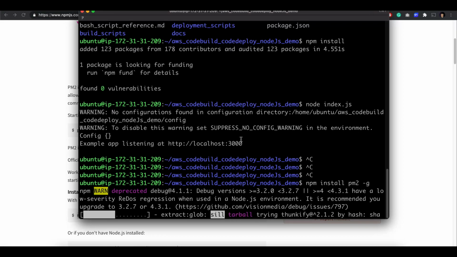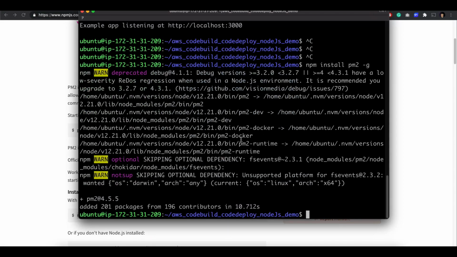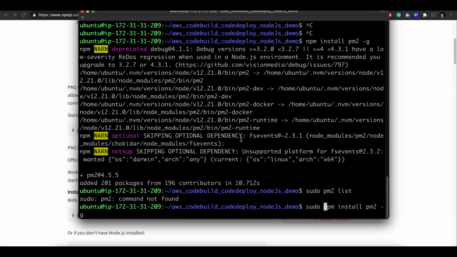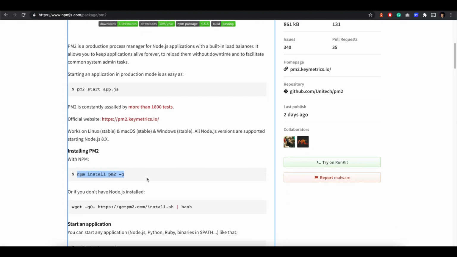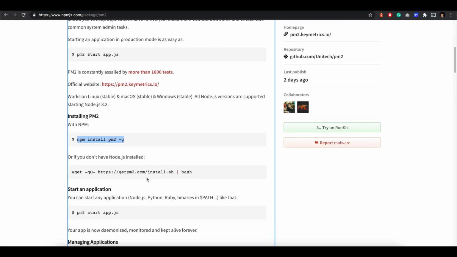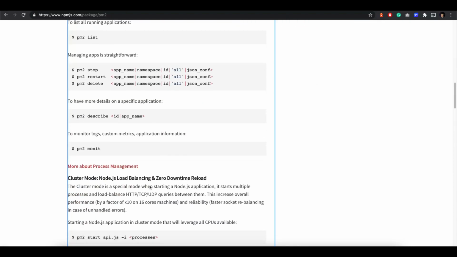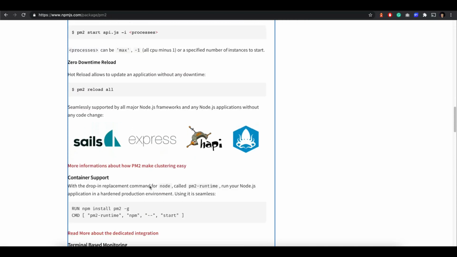Actually, we should have done it using sudo mode. Let's do that in sudo mode. Is it working? Yeah, I thought so. Let's install in sudo mode. Now, it's not recommended to use sudo everywhere as root, but for this demo purpose, we are in a hurry, right? Okay. All good.